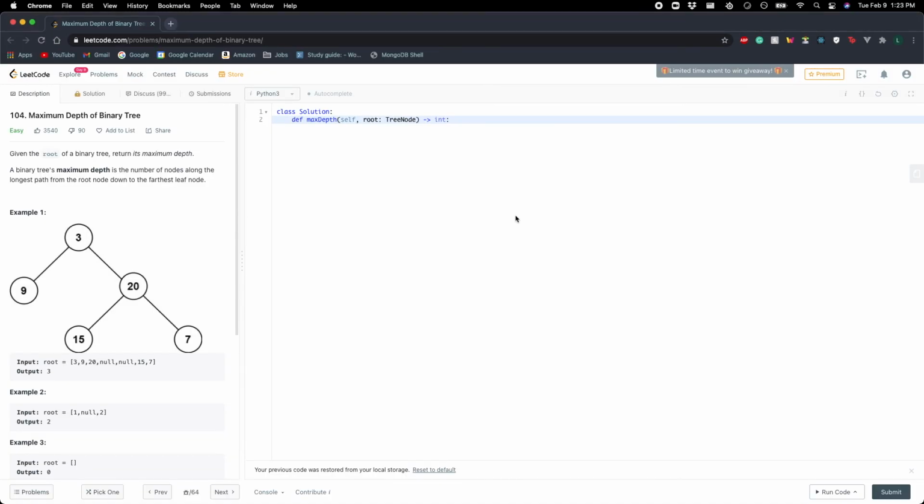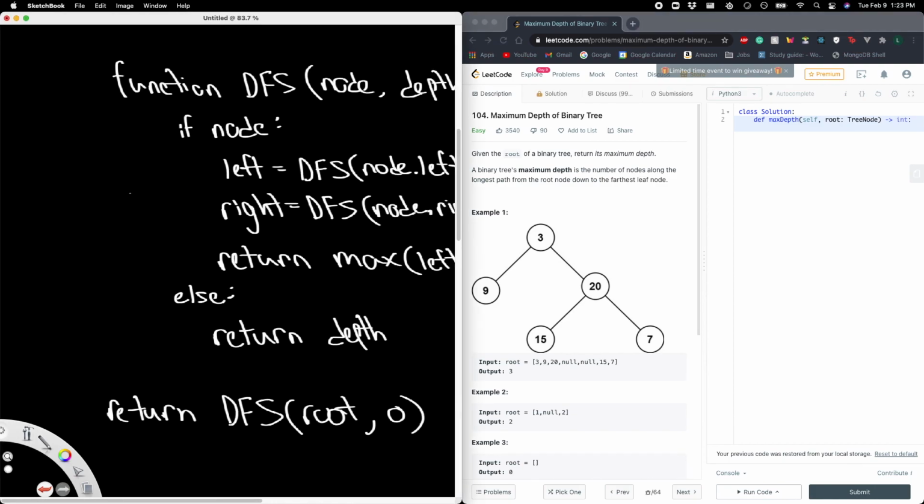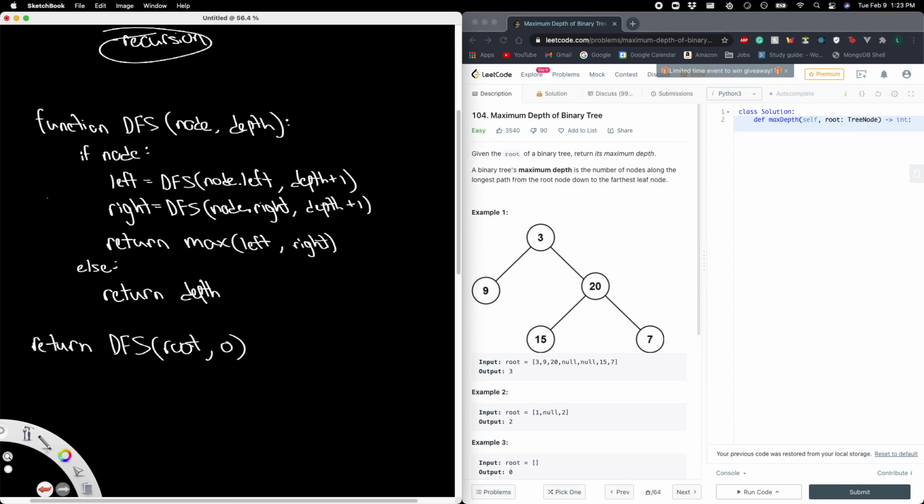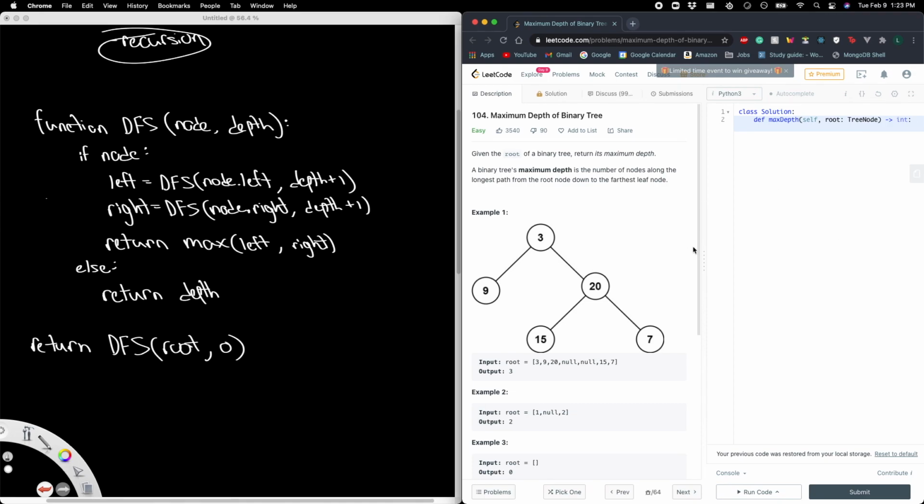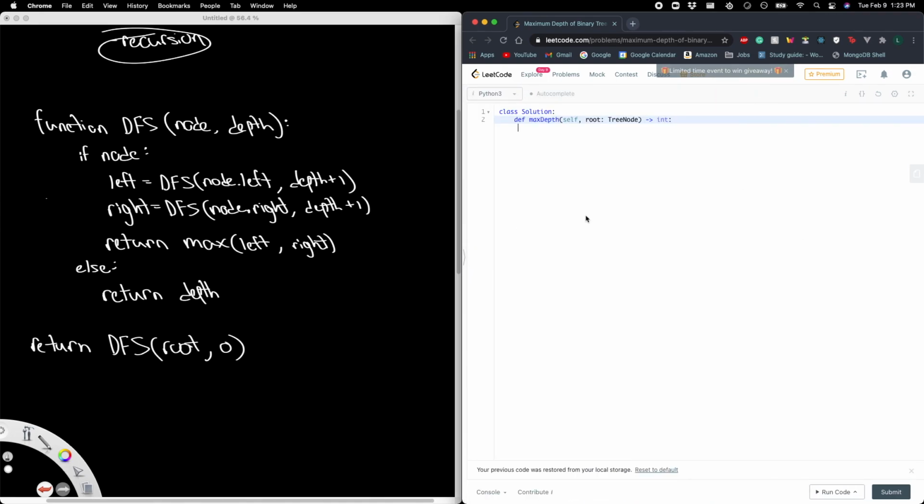So let's actually write it out. So right here, I'm writing in Python. It should be easy enough to transfer it because you guys do have the pseudocode right there on the left. So let's create this function where it's going to take a node and a depth level. Then if the node does exist, if the node is not none, then let's call and check left with